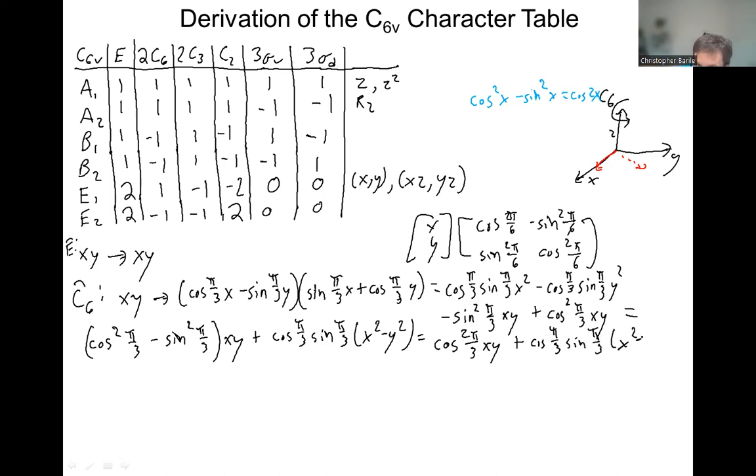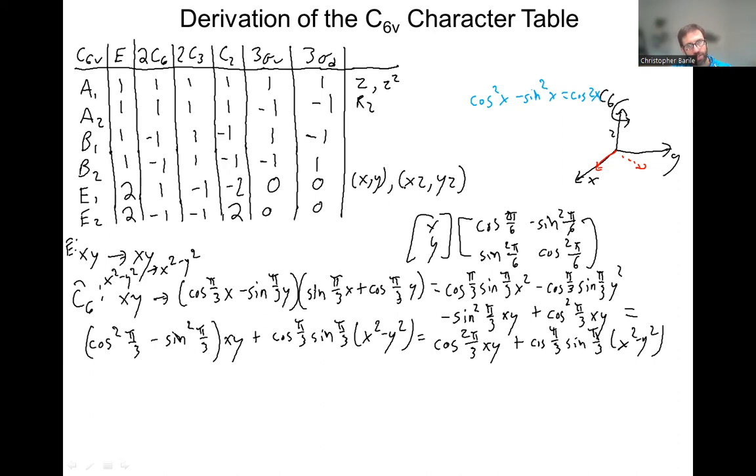Times x squared minus y squared. Now looking at this function, we start with xy, and we got something that's a linear combination of xy and x squared minus y squared. What does this mean? It means that xy and x squared minus y squared are transforming together. And so when we go to the identity, just like how x and y transformed together in the previous video where I derived this character table,